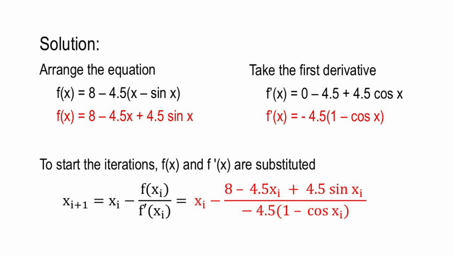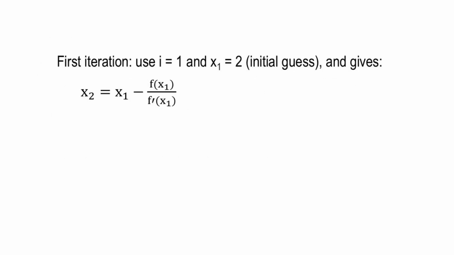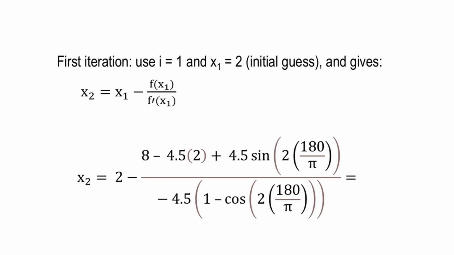Then to start the iterations, f(x) and f prime of x are substituted. So using the formula, for the first iteration, use i equals 1 and x sub 1 with the initial guess of 2 gives x sub 2 is equal to 2 minus (8 minus 4.5 times 2 plus 4.5 times sine of 2 multiplied by 180 over pi) all over 4.5 times (1 minus cosine of 2 times 180 over pi). The result is